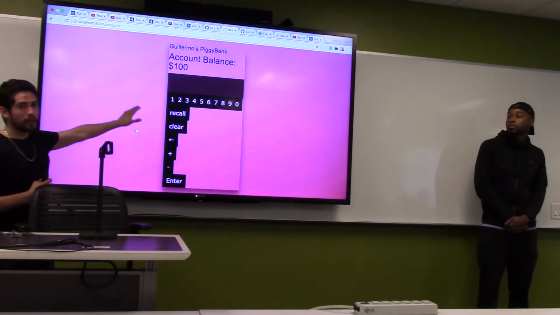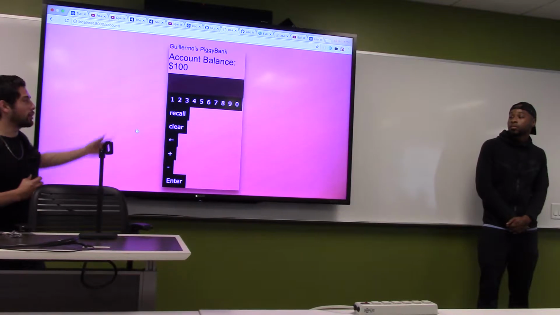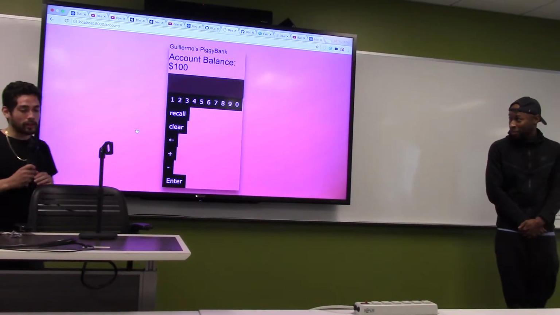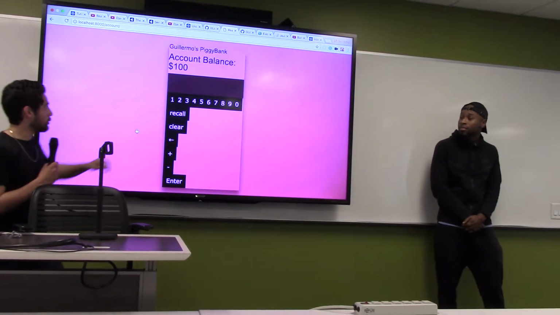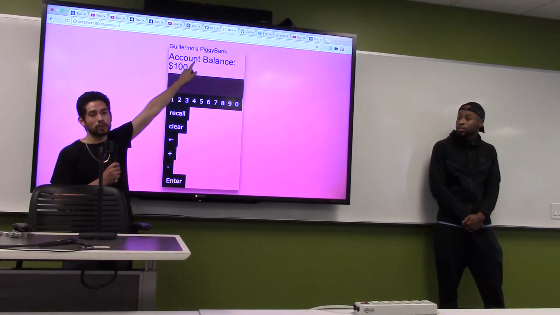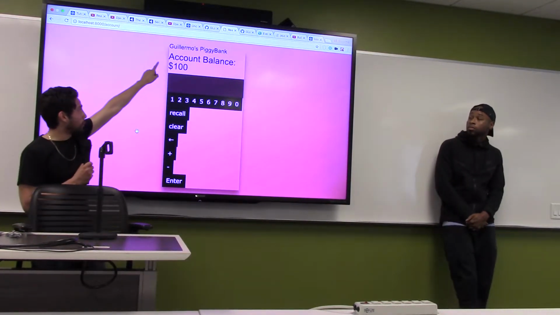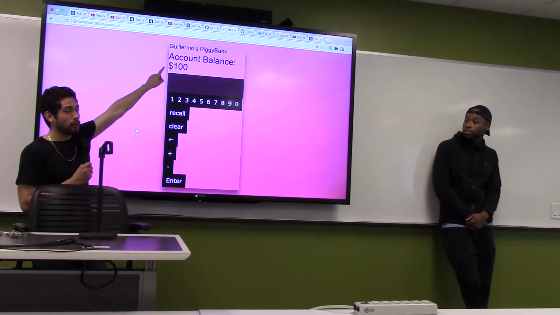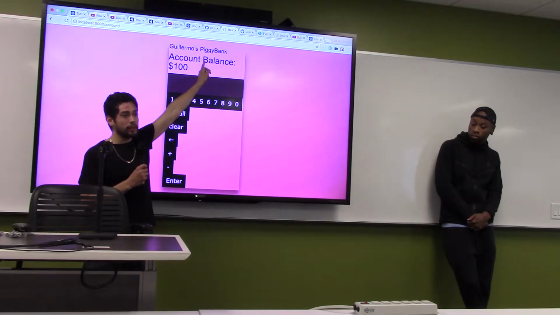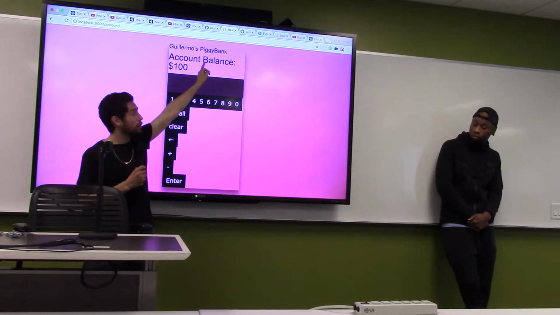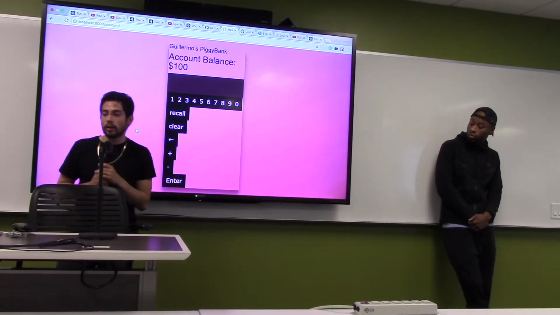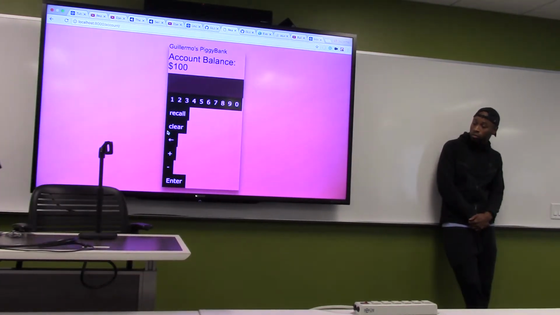So this is our calculator. Of course, CSS would never hurt. But you know what, we always keep moving forward. So right here we're gonna have Guillermo's. This is just a placeholder as it is, but when we get that API to work with the Django, it would display the user's name right here. This is my name, Guillermo, what we entered, and then we have our account balance. Of course, I put $100, but we're gonna go ahead and,